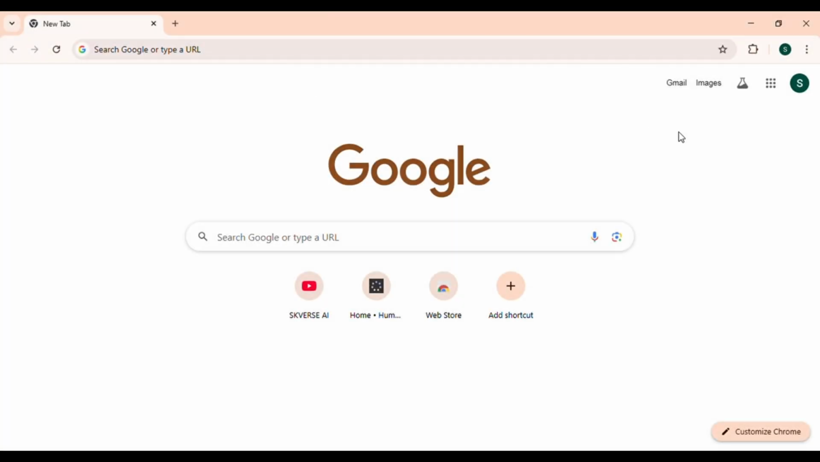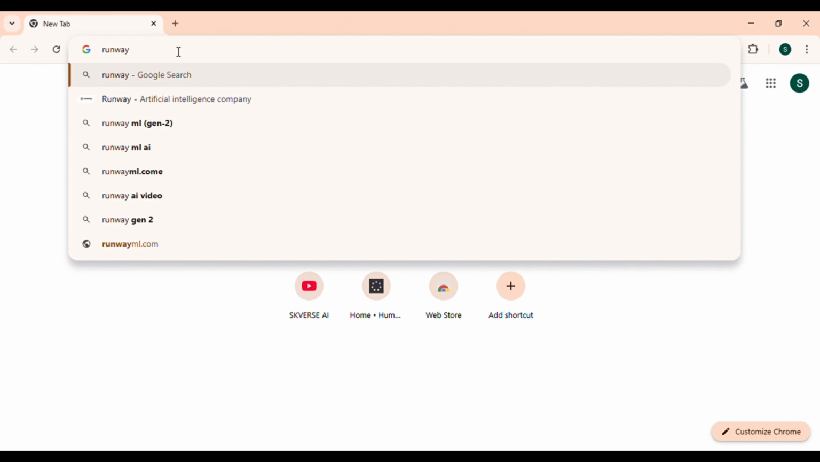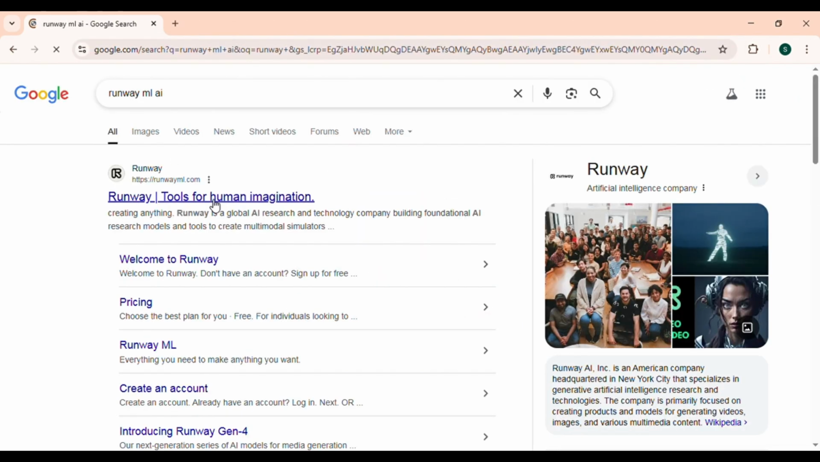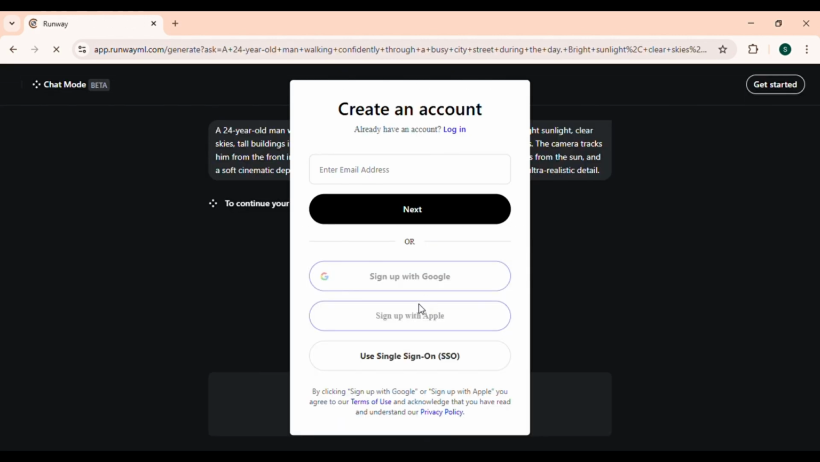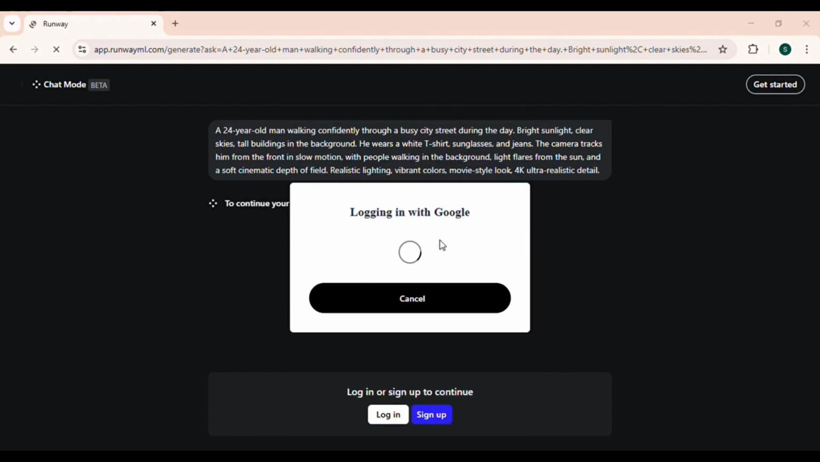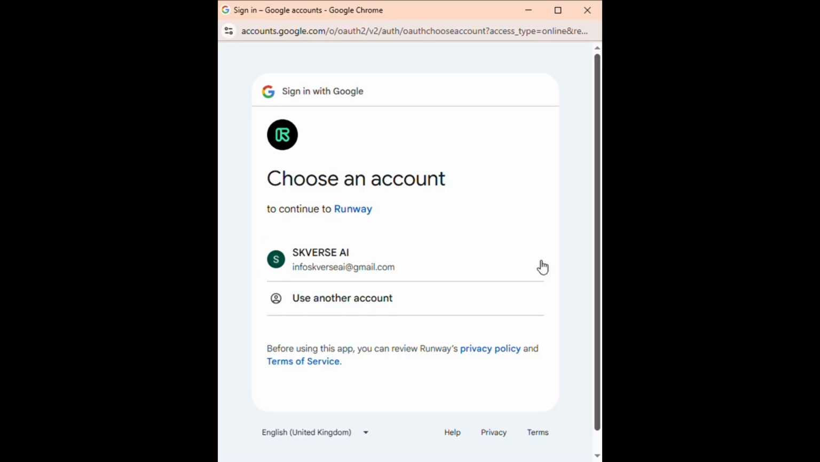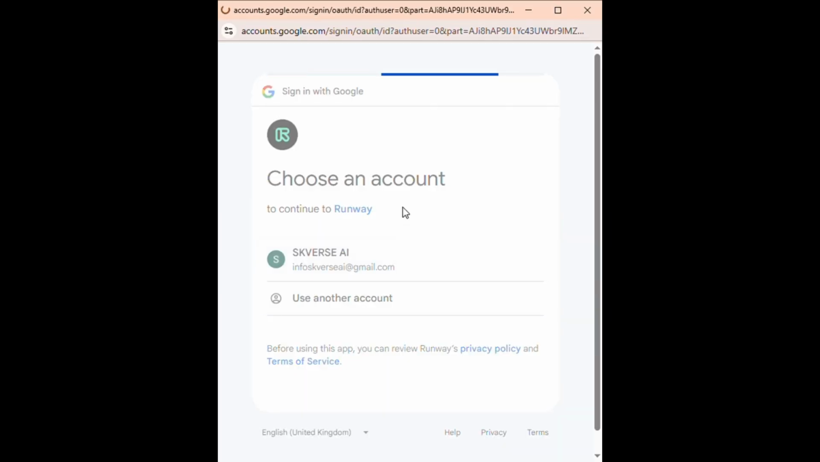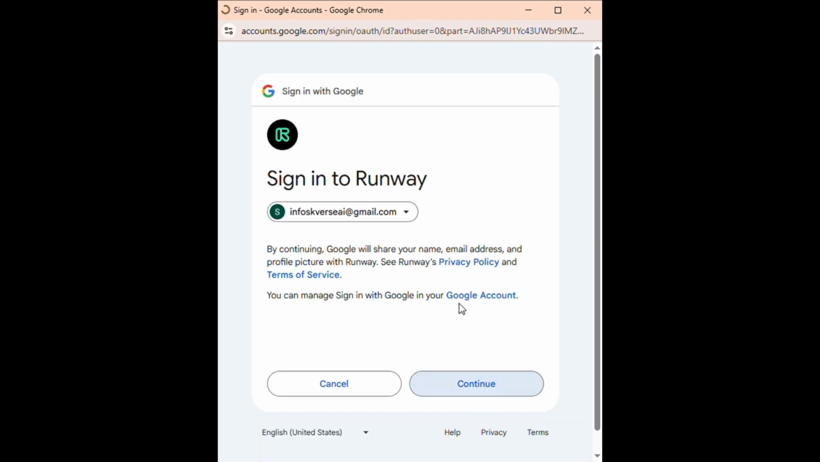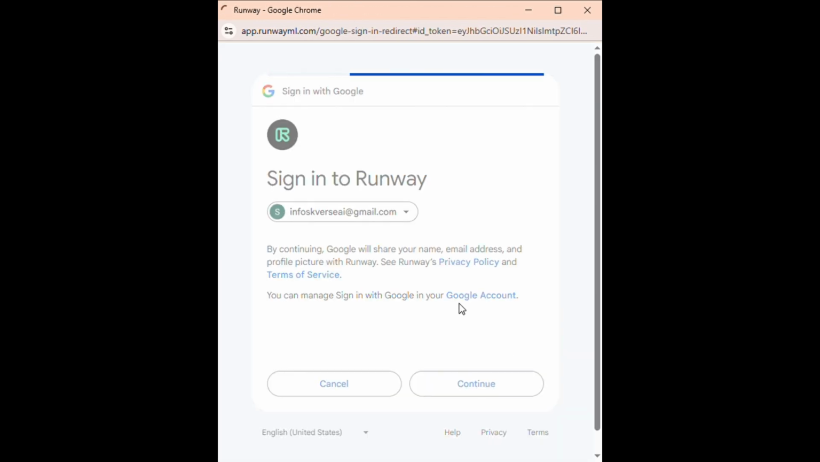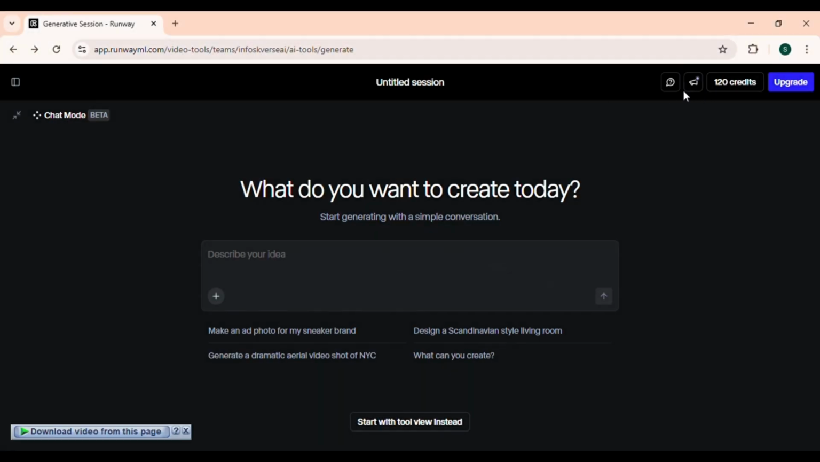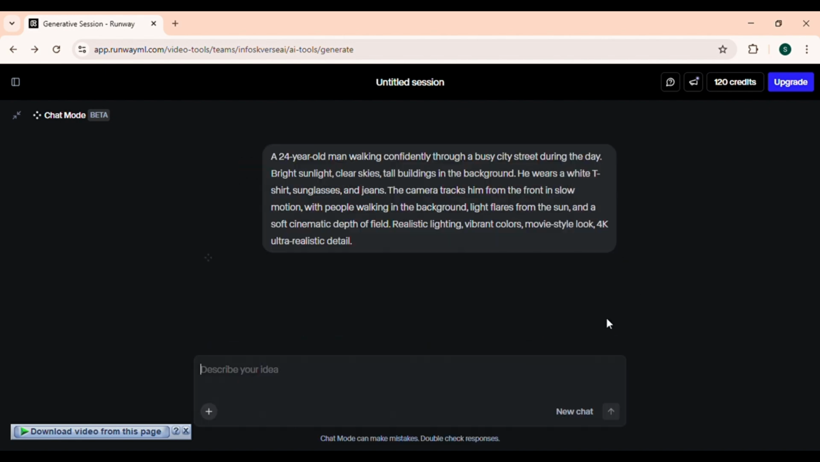Open Chrome or your favorite browsers. Search runwayml.com. Click on Try Dream Machine and sign up. It's free. This tool lets you type any idea, and it turns it into a full cinematic video. Now type something like,